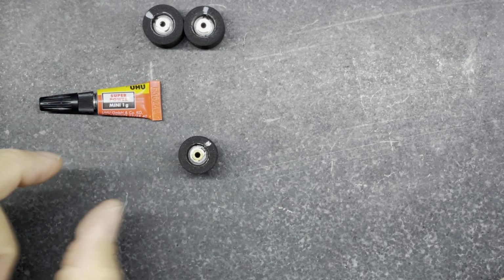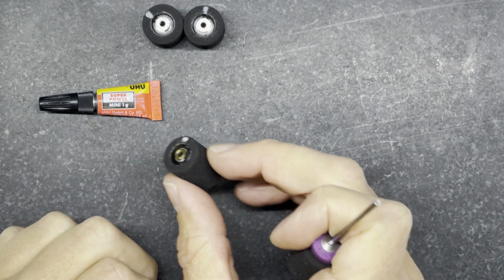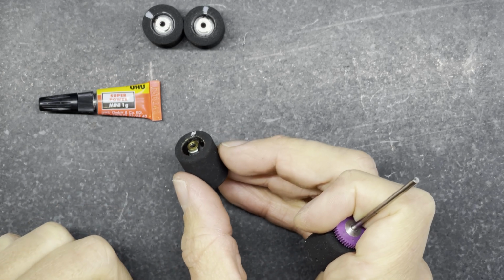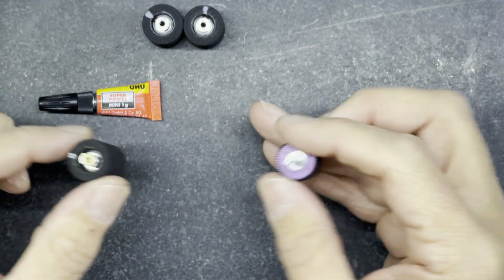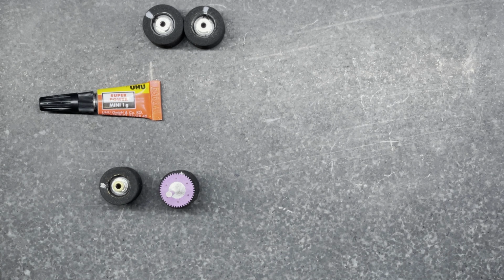So I tend to glue a washer onto my hub, and I might do another video showing you a little technique that's really good to glue washers onto the hubs, but that's for another time. That wheel passes on there nice and smoothly onto my axle, and that's my setup that I'm going to need, let's say, if I had to replace